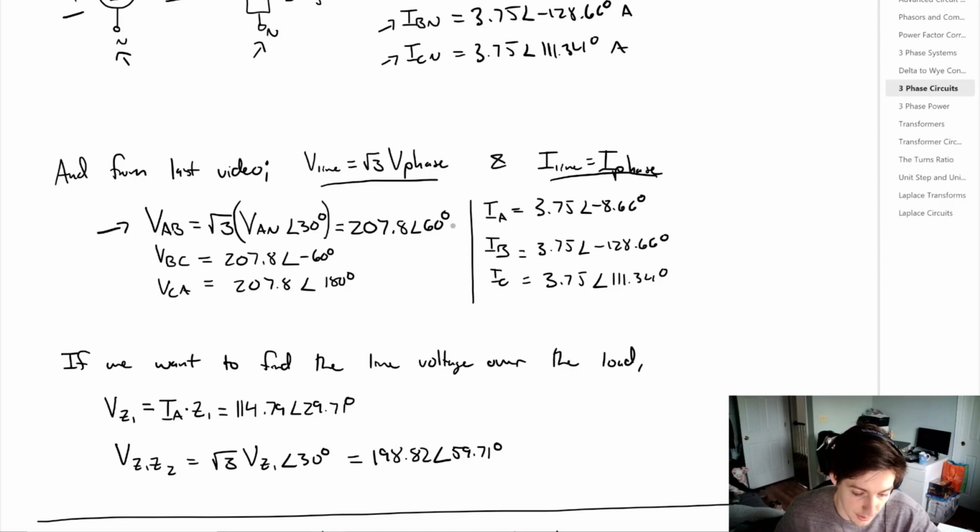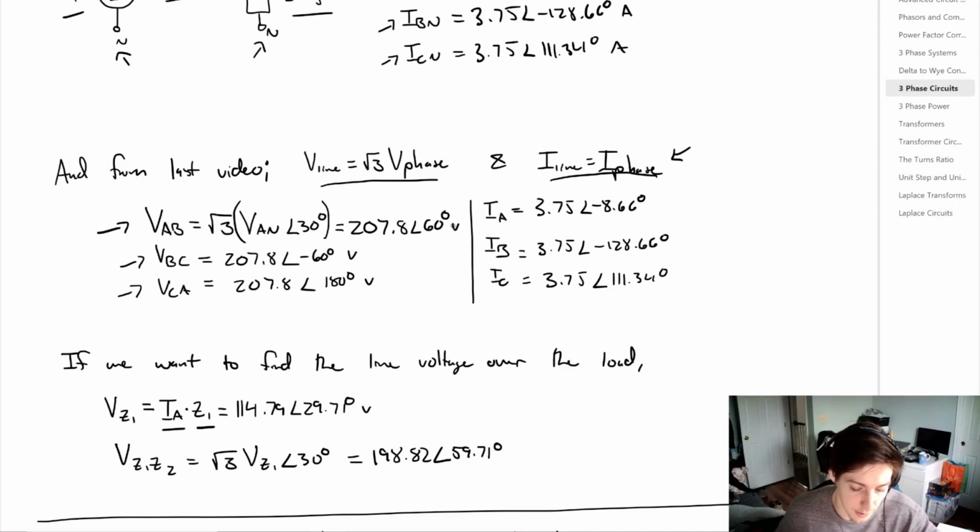So we can simply plug in for VAB as the square root of 3 times that phase voltage, which is going to be equal to 207.8 volts with a phase angle of 60 degrees. Again, we can shift by 120 degrees to get VBC and VCA. And we know that the line currents are equal to the phase currents. So if we wanted to find the voltage over the load, what we would do is take the phase current IA, multiply that by Z1 or ZY in this case, and we would get 114.79 volts with the phase angle